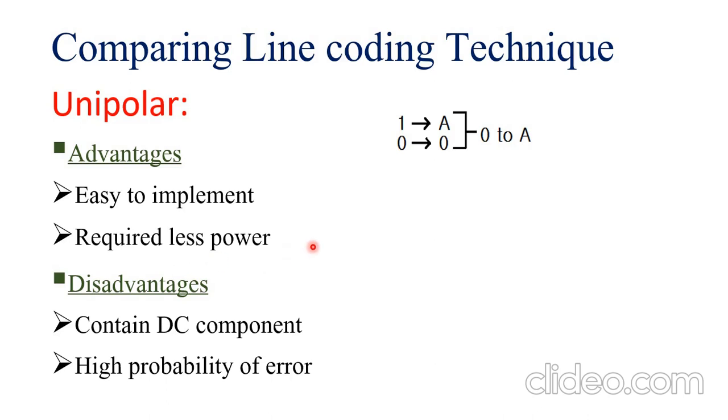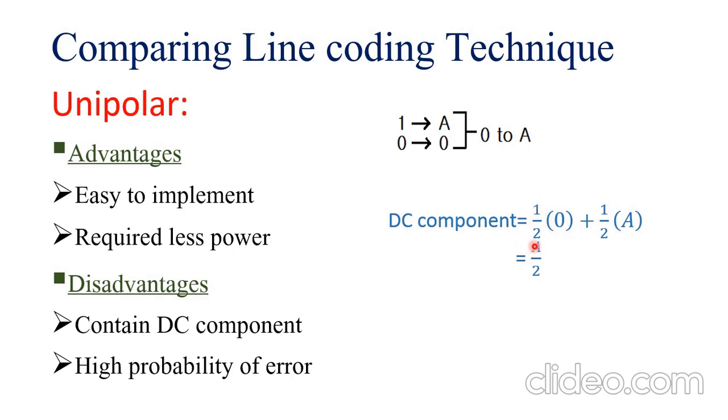But it contains a DC component. Now see the DC component here, that we can identify by probability of 0 into amplitude of 0. So probability of 0, that is 1 by 2,